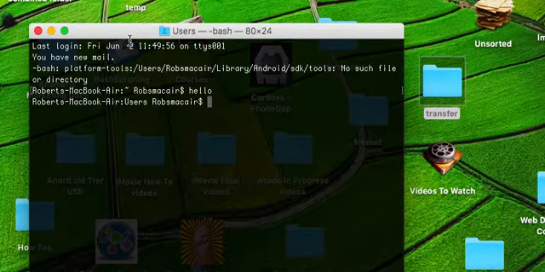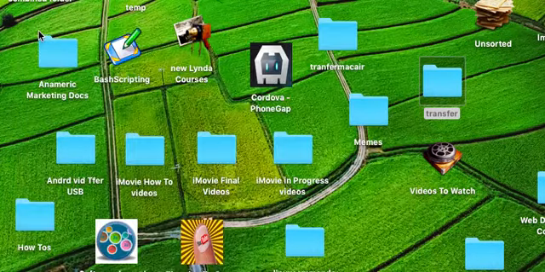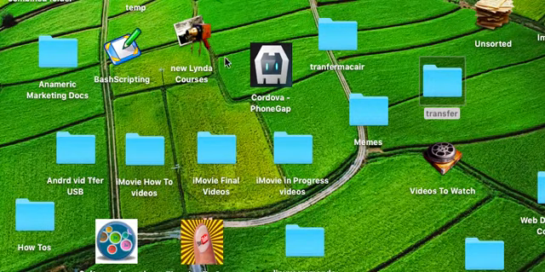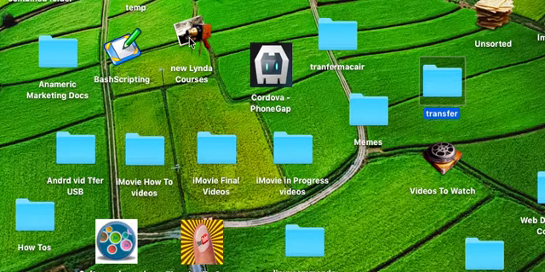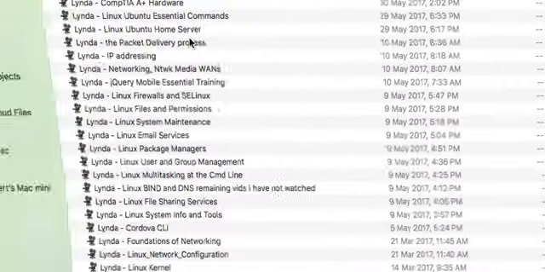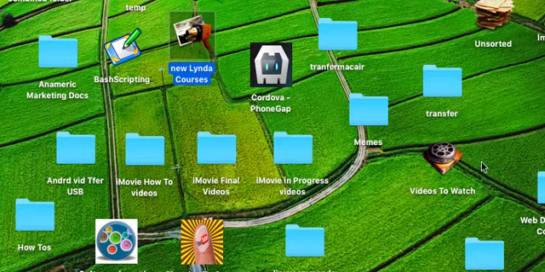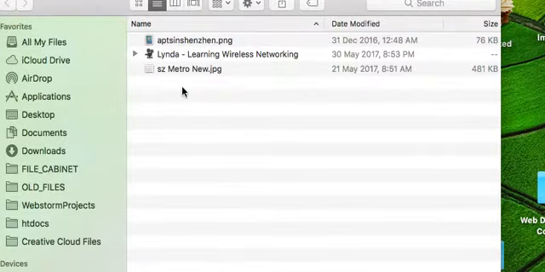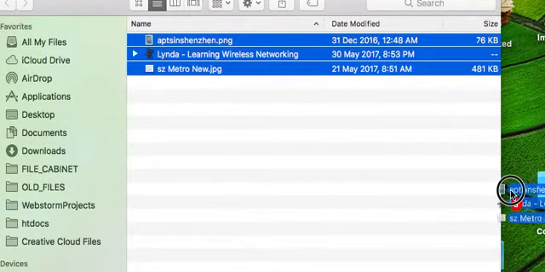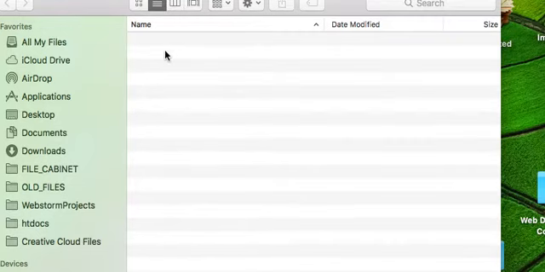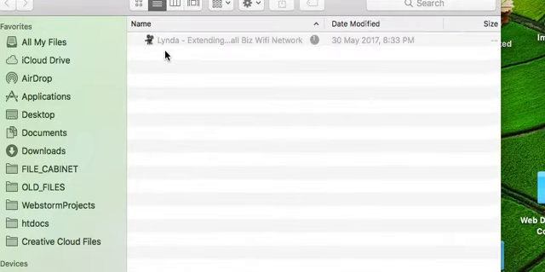Okay, now that's the end of that one, but let's test it. Here's our transfer. I want to do this one. I'm going to put this one in there, and we're going to take this stuff out. Now I'm going to, just to show you how